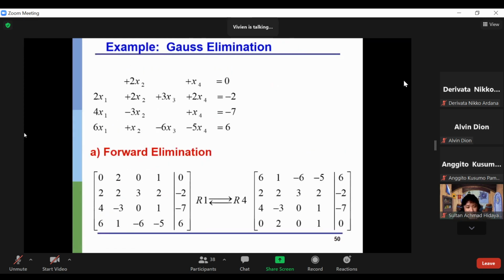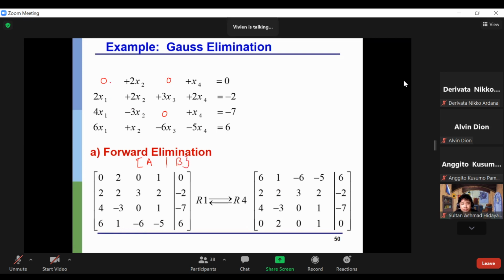Okay, so we will look at the example now. Say we have this sort of system. Now, this system already contains a zero coefficient. So of course, if we have a zero coefficient, we cannot use it as a pivot element. So this will be written as A augmented with B,